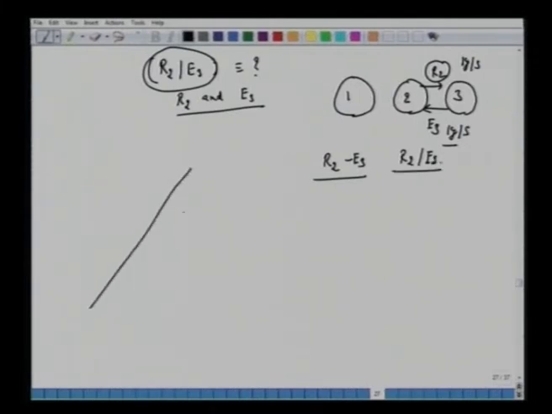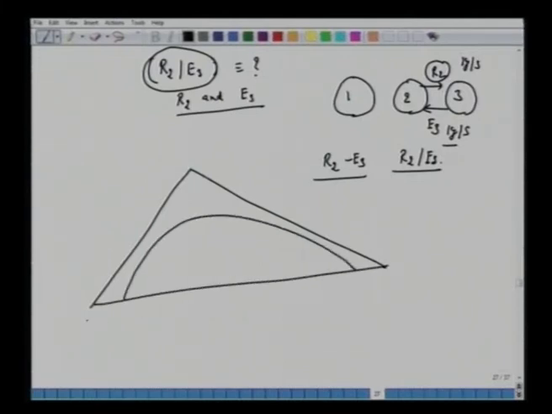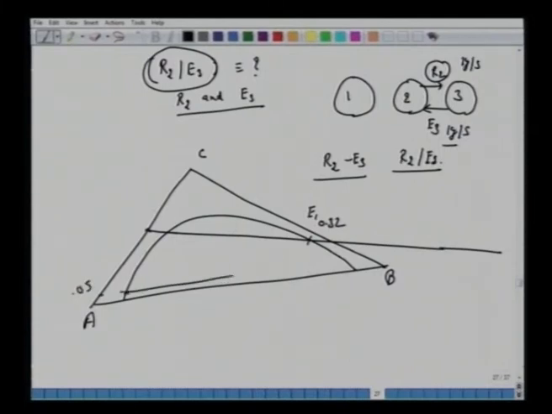Again, visit this equilibrium diagram previously which you have plotted. You have the phase diagram like this. This is A, this is B, this is C. You had feed. It had intersected, say, E1 at 0.32. We had extended this here. The solvent, this raffinate was at 0.05. Pure solvent, we had extended this here to get this del.